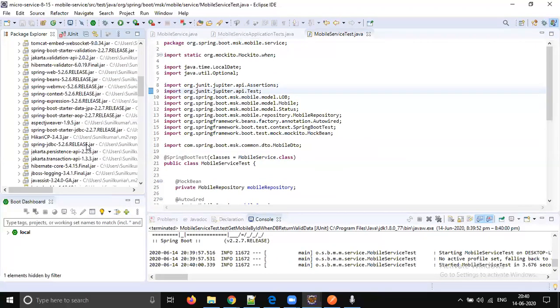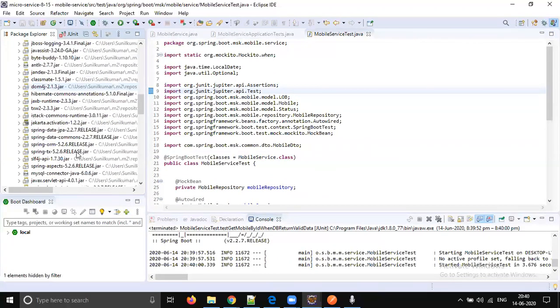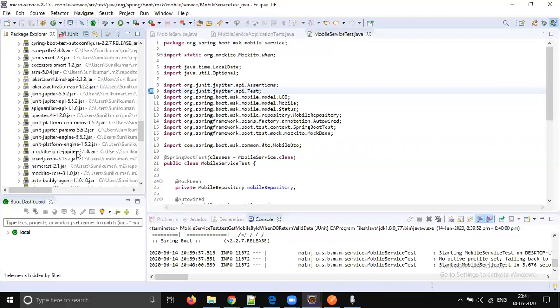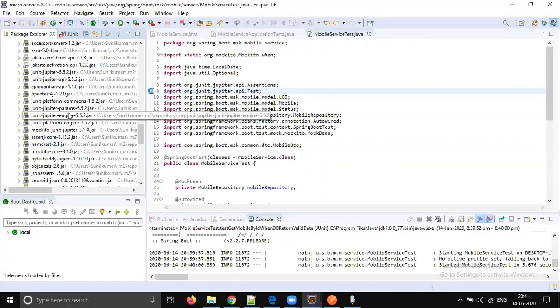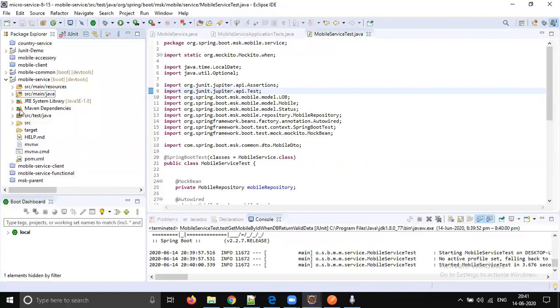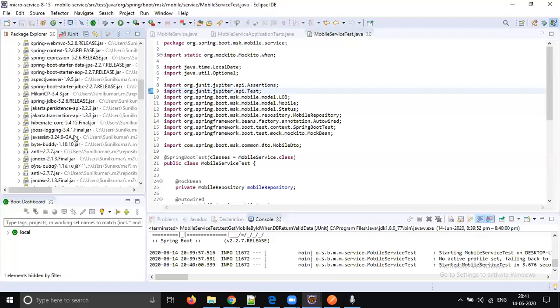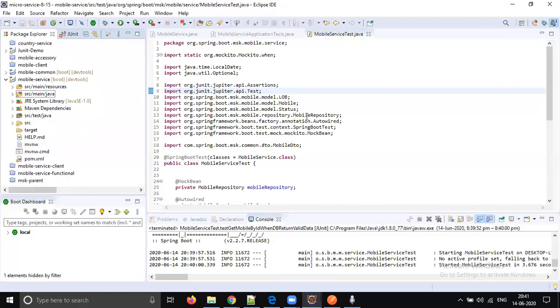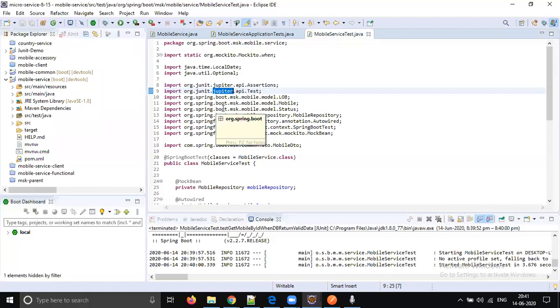In the Maven dependencies, what JUnit version are we using? I think it's 5 only, so the default is 5. Jupiter 5, JUnit 5, we have 5 only. Spring Boot's latest version has JUnit available, it's 5.5.2. I'm checking the effective POM, there I'm checking the JUnit version. But you have to check here in Maven dependencies what version it is. Okay, and we have a clear naming convention: JUnit Jupiter means 5.